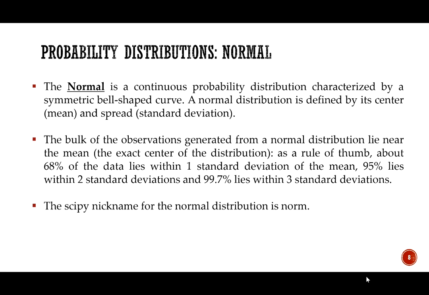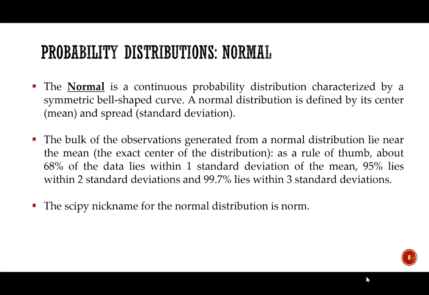The second probability distribution we are going to talk about in this lecture is normal distribution. Normal is a continuous probability distribution characterized by a symmetric bell-shaped curve. A normal distribution is defined by two parameters, its center or mean and a spread or a standard deviation. So we need to pass two parameters. The bulk of the observations, the majority of observations generated from a normal distribution lie near the mean, the exact